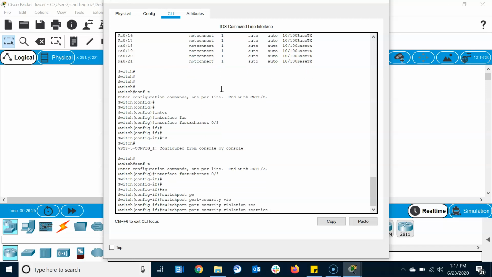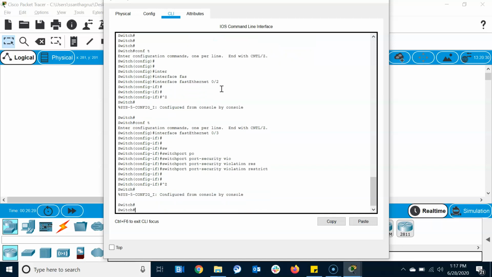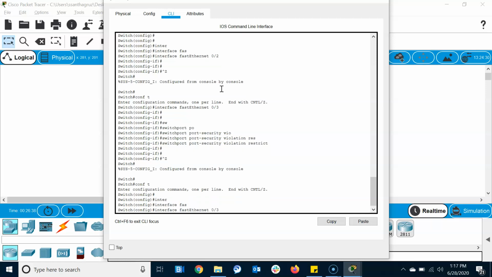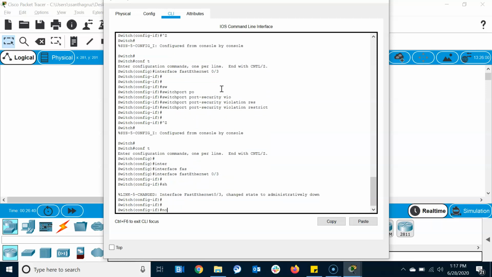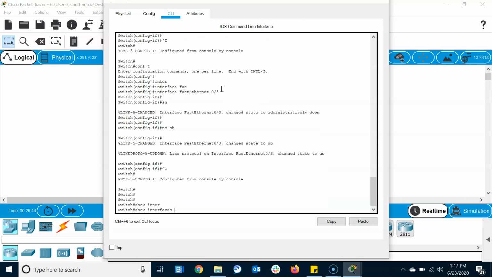So the violation restrict mode, what will happen? Let us see. Even if a violation occurs, the port will restrict the violation and the port is allowed to stay. So let me go and do an interface FastEthernet 1 shut and no shut. So what will happen after enabling this violation restrict mode?